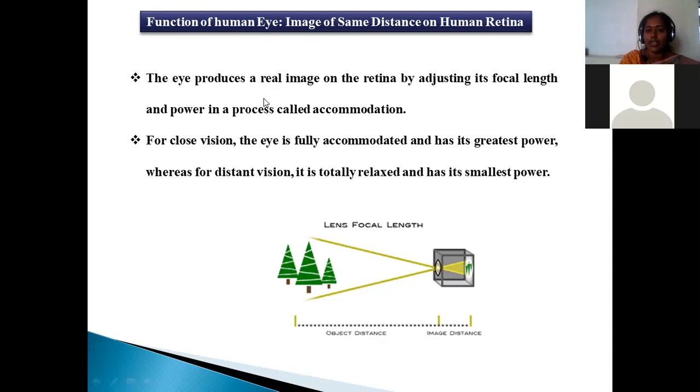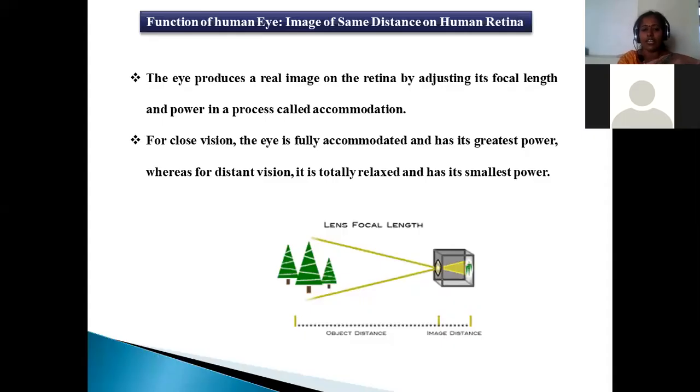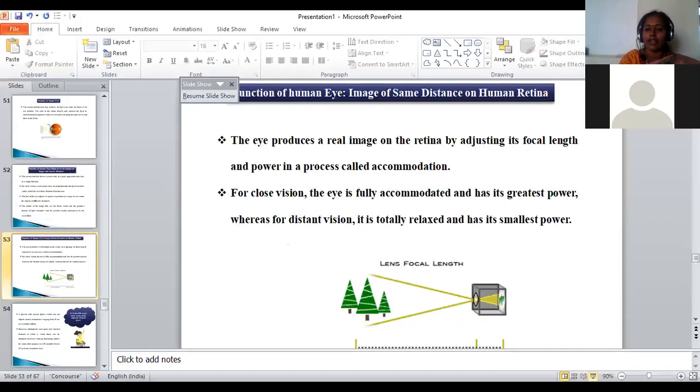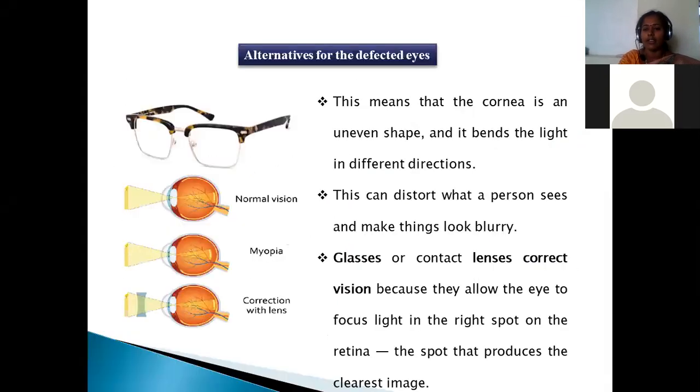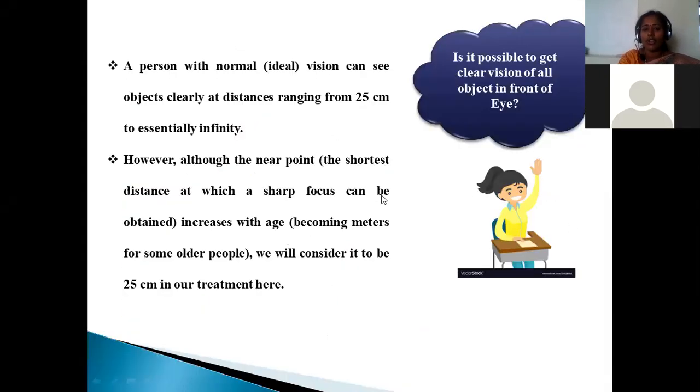Okay. So the lens has the property to adjust itself to the objects present in our surroundings without any difficulty. It is possible to view all the objects, even if they are somewhat far apart, and even if they are very near to us, right?